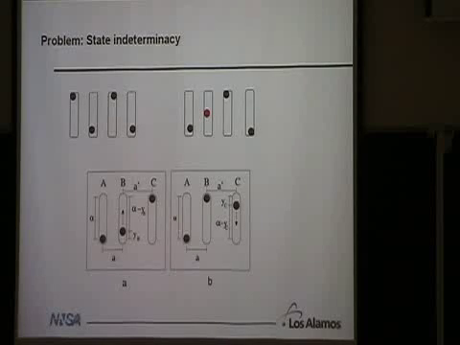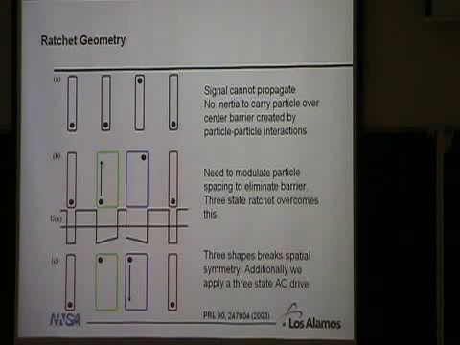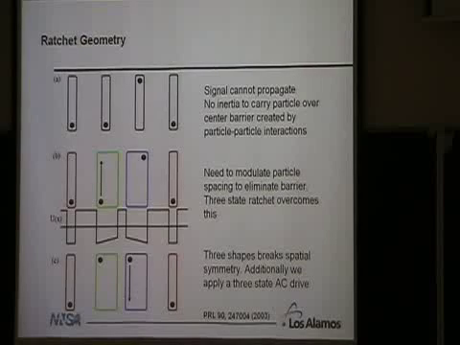So we found a solution though, which is to actually apply a ratchet to this system. So here's kind of an example where a ratchet can be used to do something useful. What we do is we change our pin. So we make 3 species of pins instead of only 1. The first pin still looks like our original pins, but the other 2 we make them wider, and we bias them so that the particle would like to sit either to the left or to the right of each one.